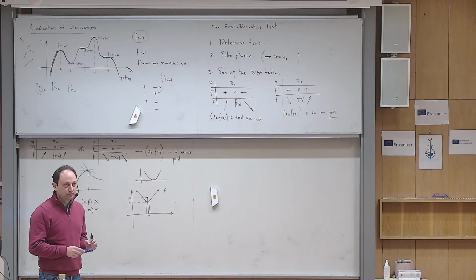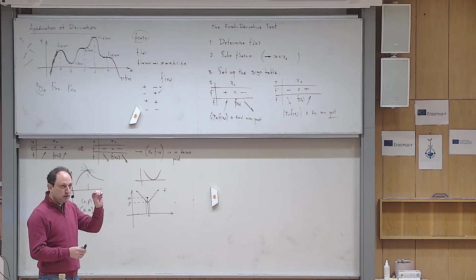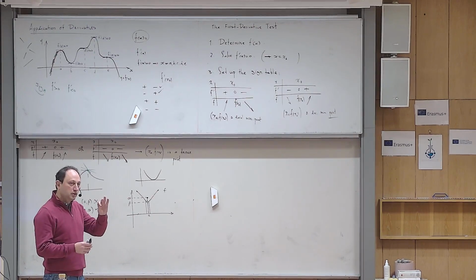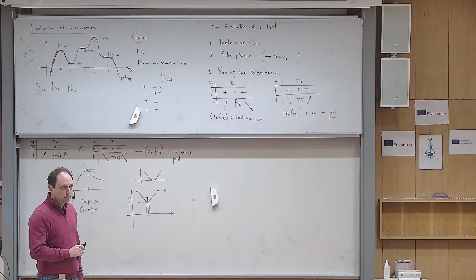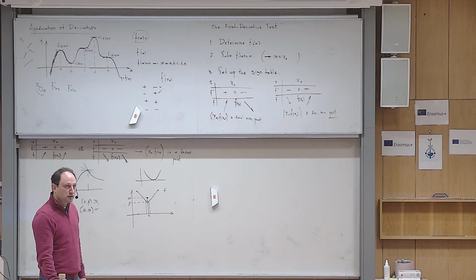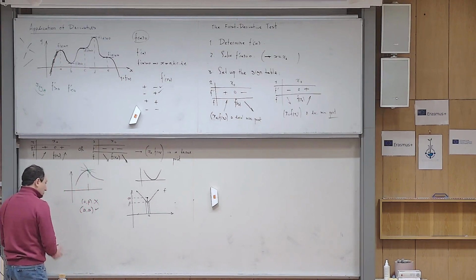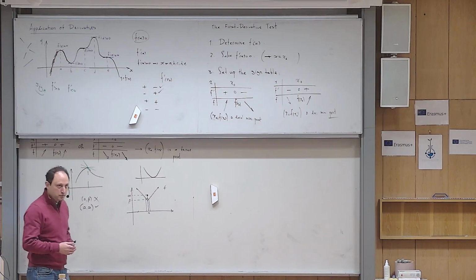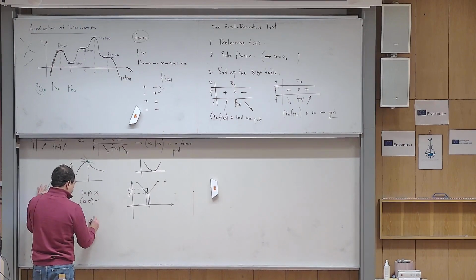Can you define local again? So a local maximum is a point whose height is higher than all the points in a very close vicinity to that point. Well, what defines a close vicinity? I understand what you mean, because the notion of close should be defined clearly. So if I want to define it clearly, I would say a point x naught, f of x naught, is a local